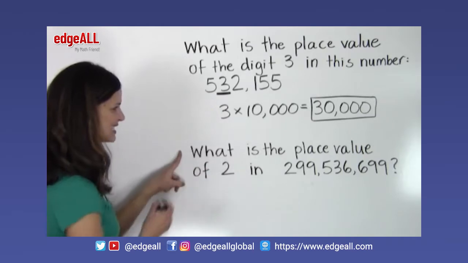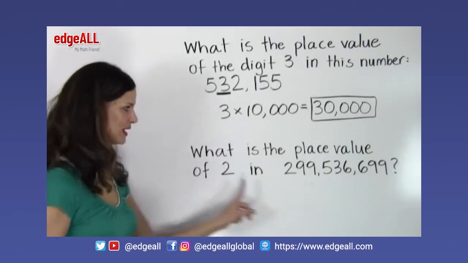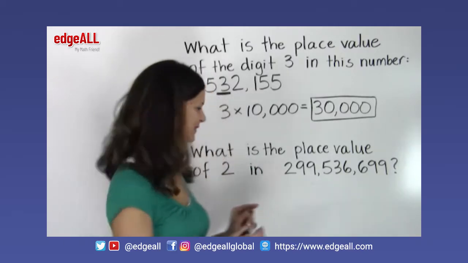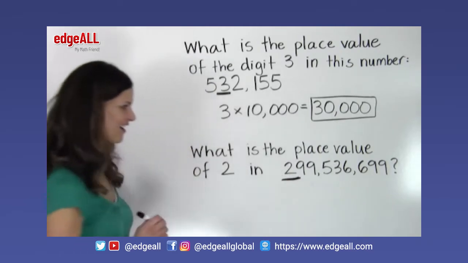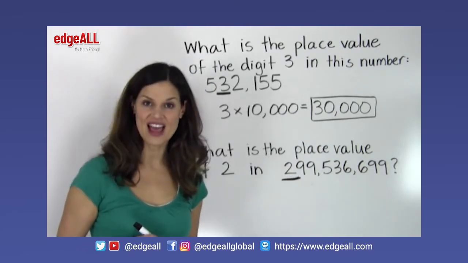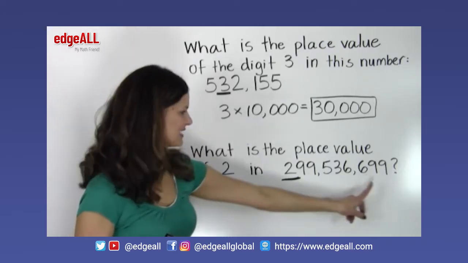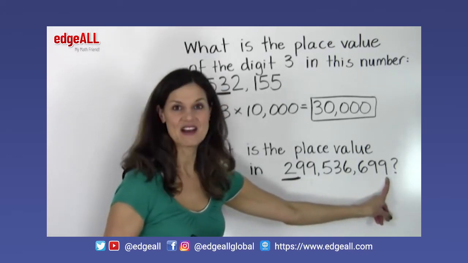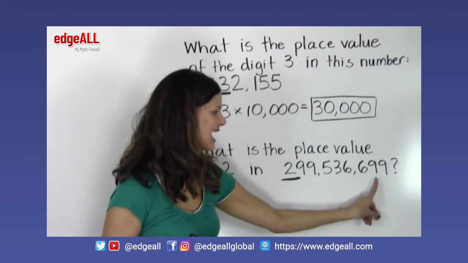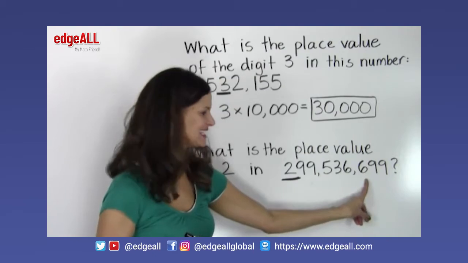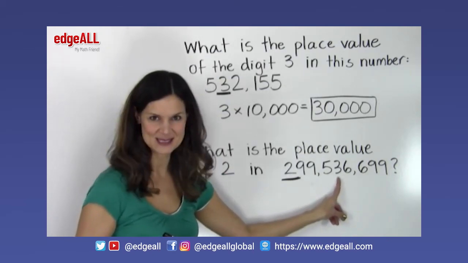In this question it says, what is the place value of 2 in this number? So let's first find our 2. We'll underline it right there. And let's work on finding the place value of that 2. Starting from the right, I have my ones place, tens place, hundreds place, thousands place, 10,000s place,